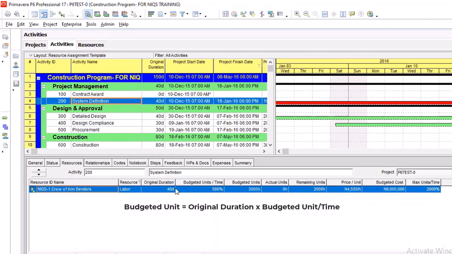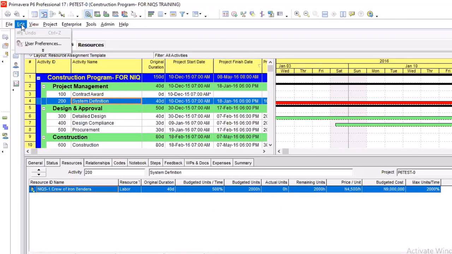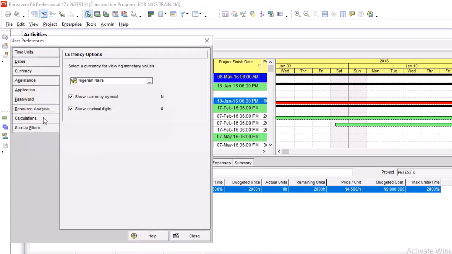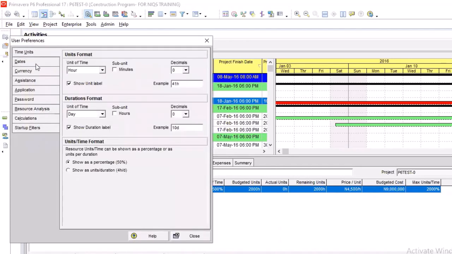So for you to get your budgeted unit, it is original duration times your budgeted units per time. That is the quantity you have assigned. So this place is your quantity. Remember I said yesterday, you can have it in percentage or you can have it in numbers or in hours. So you can come back here, edit, and decide to change it here under your time and units, right? You can change it to this instead of this. So all we're using is this, but you can change it to this. And if you do that,